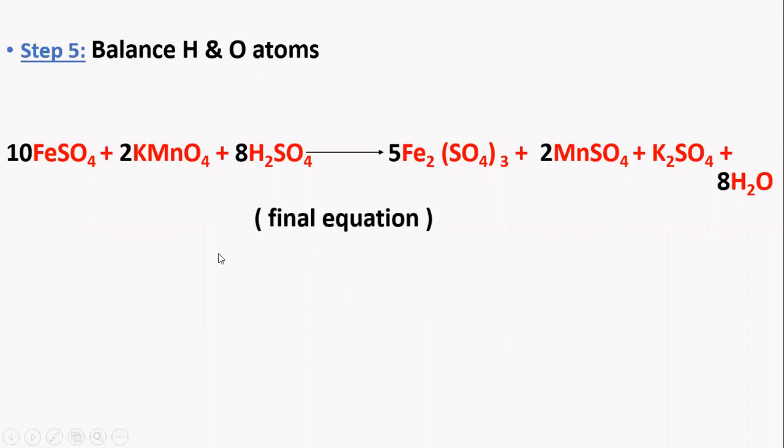So that's all about this oxidation number method. So first you have to identify which one is oxidation and reduction, and in the second step you have to cross multiply it with how much electron transfer, and in the third step balance the reactant and product, that is which gets oxidized and which gets reduced, and in the fourth step we have to balance all the elements leaving hydrogen and oxygen, and in the fifth step we have to balance the hydrogen and oxygen, so that you will get the final equation.